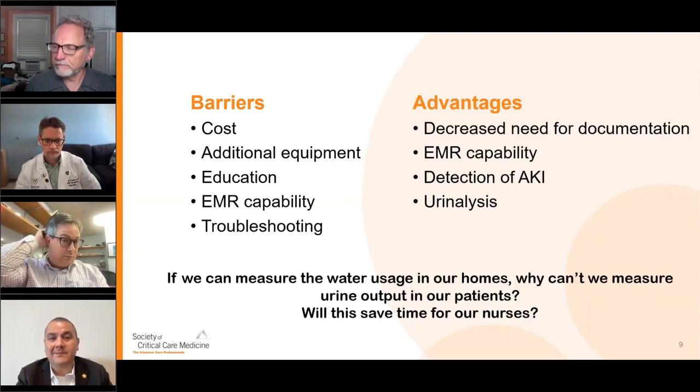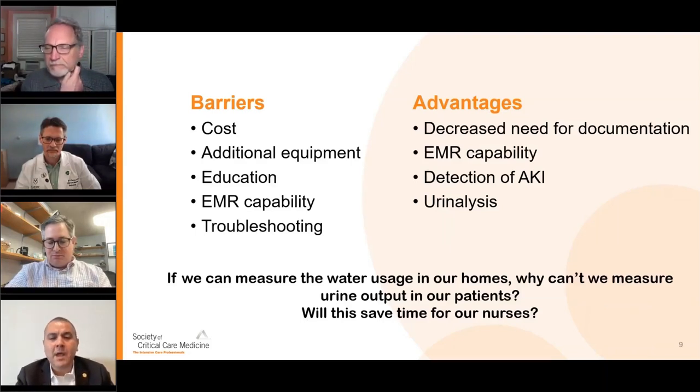One example is the vital signs, right? Just last week, I had to call a nurse and said, is your patient breathing? You've documented that the respiratory rate has been 0 for the last 2 hours. So even though we have this technology, our nurses still need to validate it, and it does end up being death by 1,000 clicks sometimes, as our nurses have to go in and click all this stuff to make sure it's right. The other thing is that it can detect acute kidney injury if we're monitoring how much